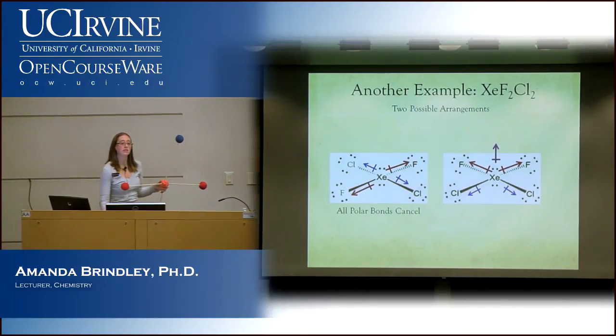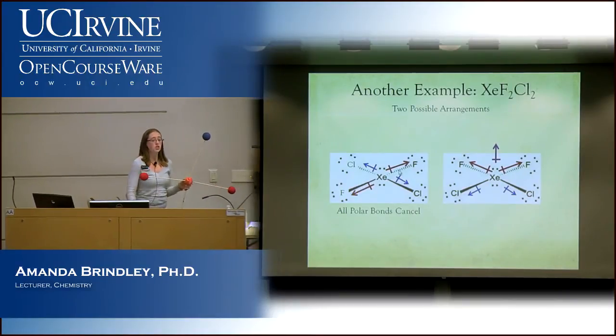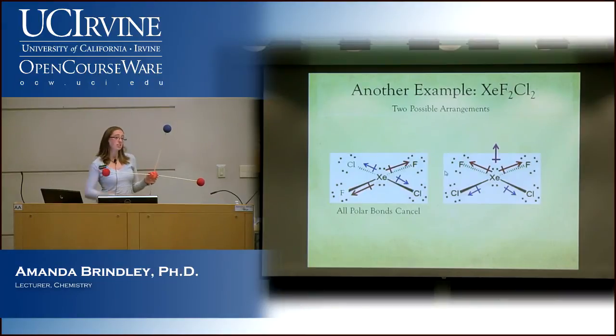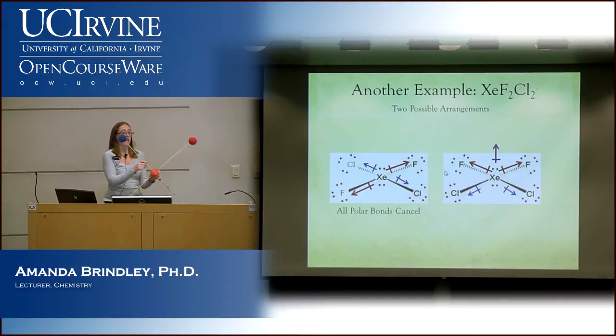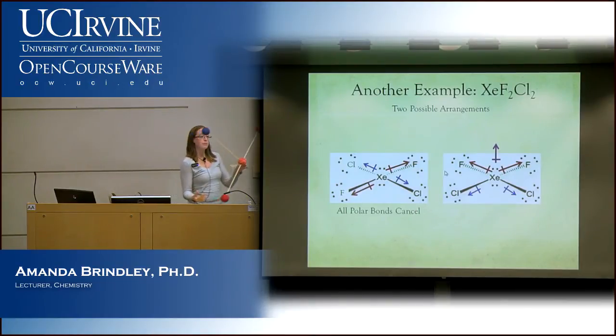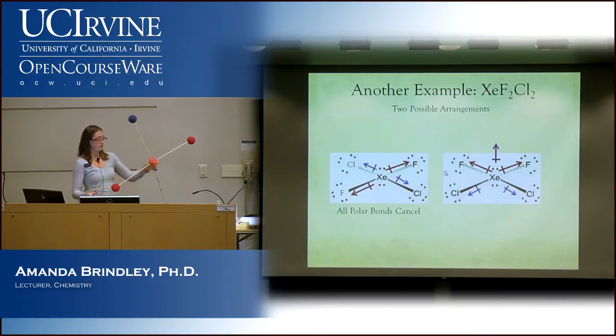Yeah? Do we want to try to have a dipole or do we not? Oh, so, well, we're not going to have to draw like this. I'm not going to ask you to draw it like that. You should know what it means. So if I were to draw these two and say which one is polar, you could circle it, something like that. But don't worry too much about having to actually draw them. So the one with the dipole would be polar and the other one would be? Correct. Having a dipole makes something polar. But if something has no dipole, because everything would cancel, then they wouldn't be polar.